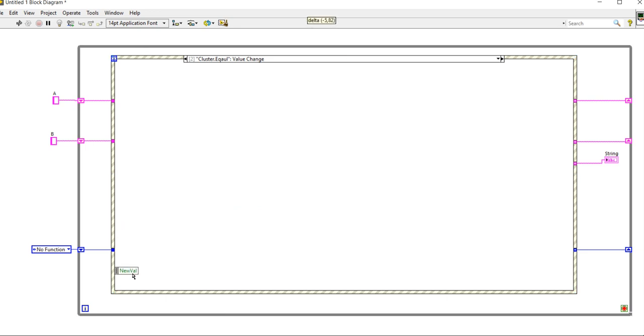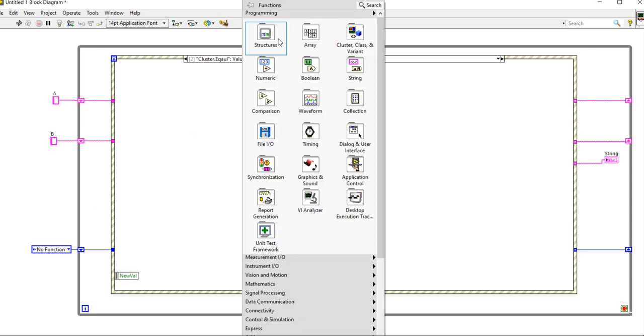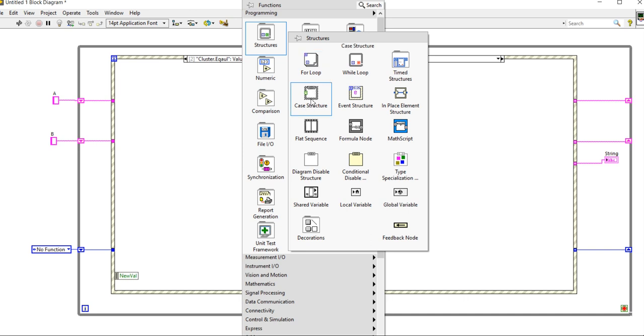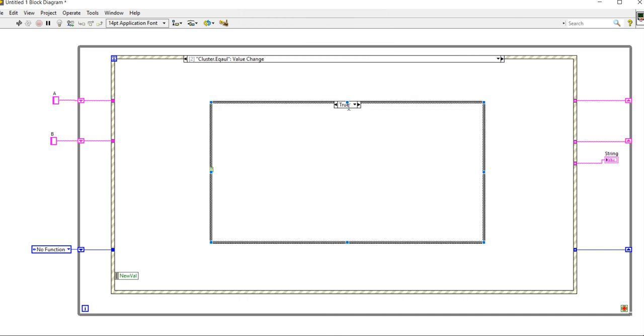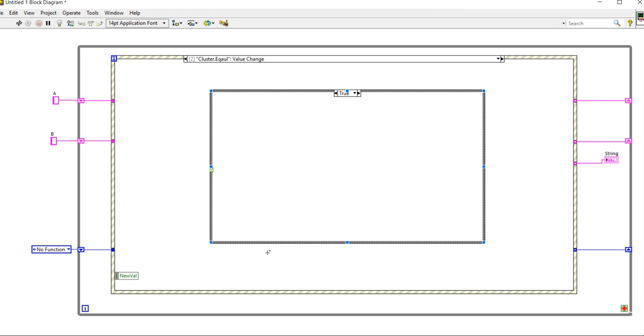Just minimize, right click, take a case structure. Now this one is A, this one is B, connect like this. So first one is no function, second one is the additions.